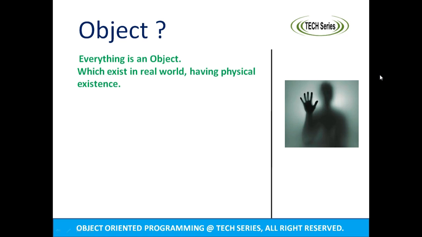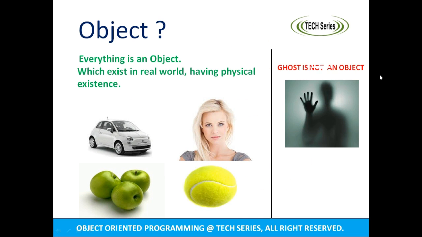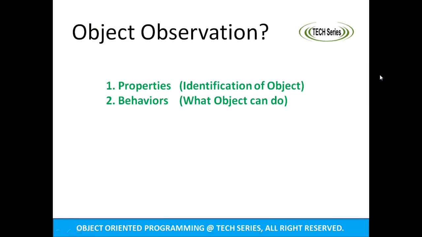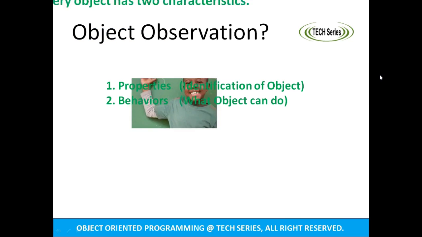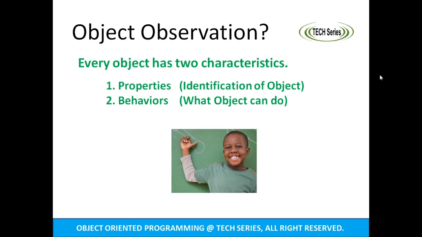Let me show some examples. Human, car, fruit, ball, etc. are objects. Ghost and wind are not objects because they do not have physical existence. Let's dive into object observation. Every software is created for objects, like a student management system for students, a hospital management system for